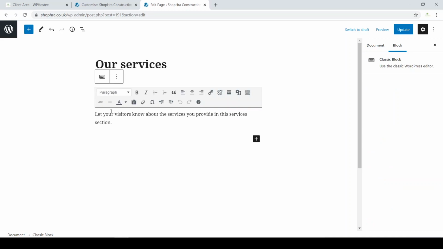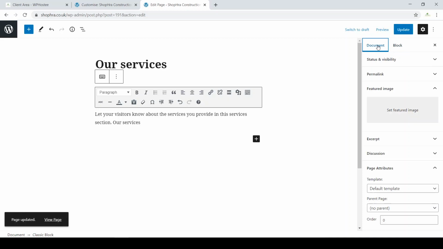And here I can say our services, just to show you that I can change the text and this title. And before I click update, I clicked already, go to document. No, you don't need an image here, so it's fine. Click update,